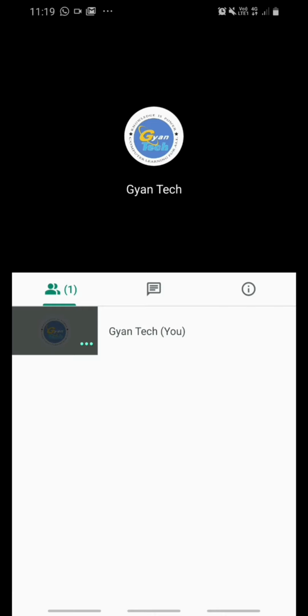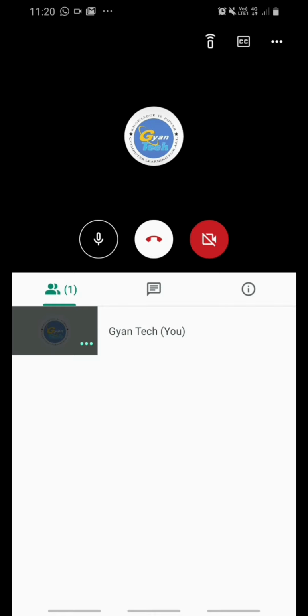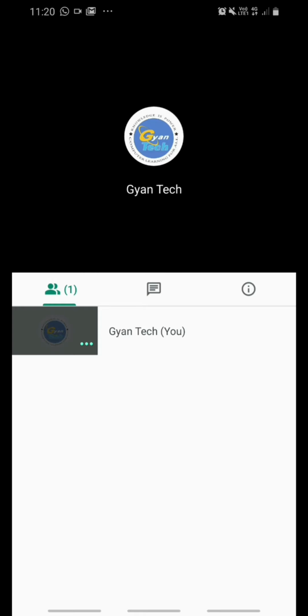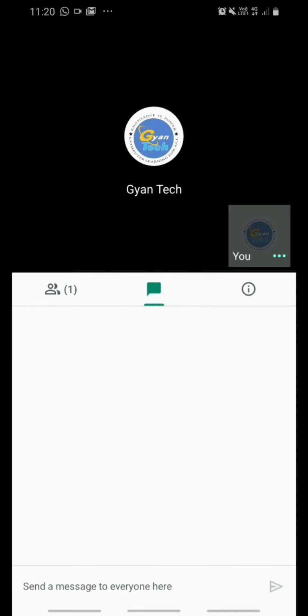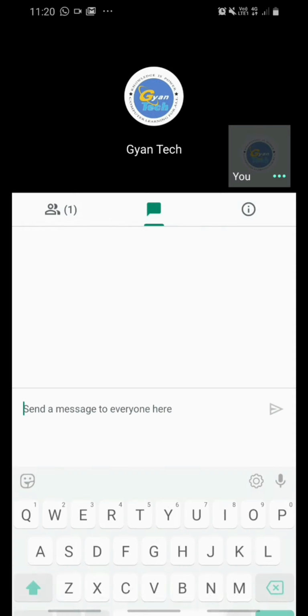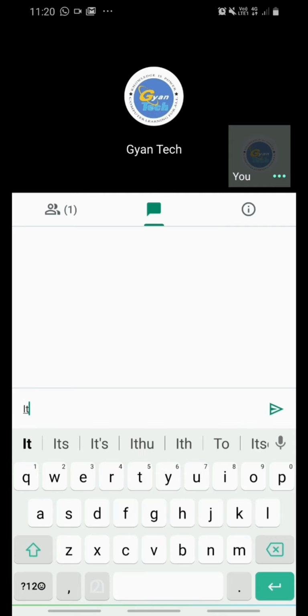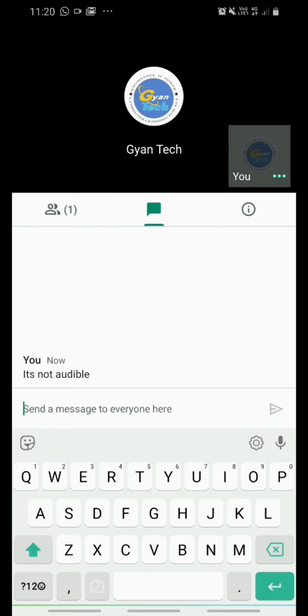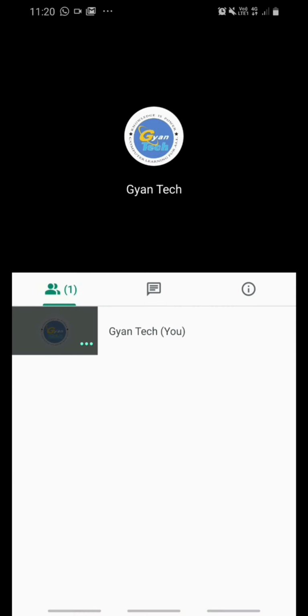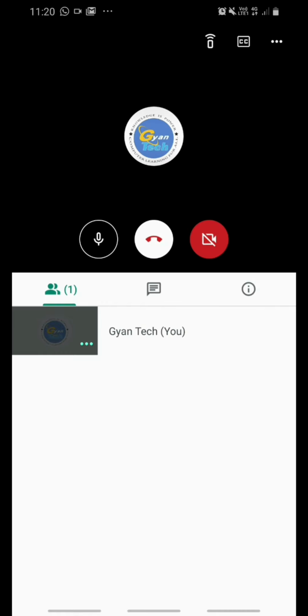Then you can add the people also by sharing. If someone sends a request to join our meeting, we can allow them. Then the participant will be there, and in the live message box the participant can send a message. Then we can see the queries and doubts, and we can clarify accordingly. So this is all about Google Meet. Whenever we press the middle button, we can leave the meeting. And this is also important, when you are clicking on that pin button, it will be visible.